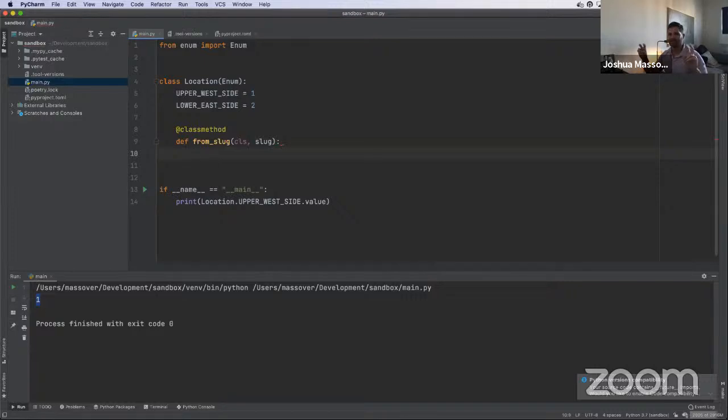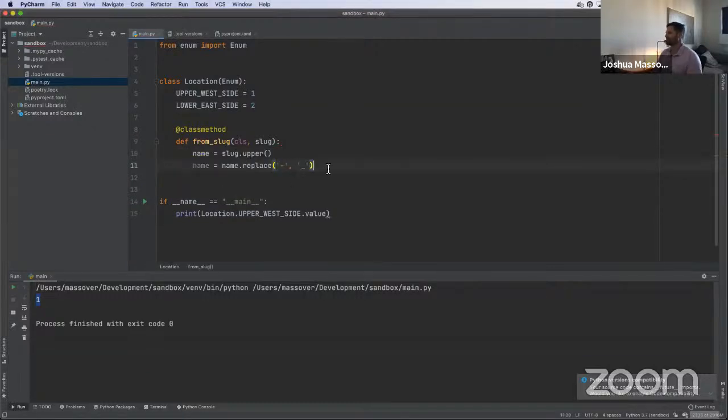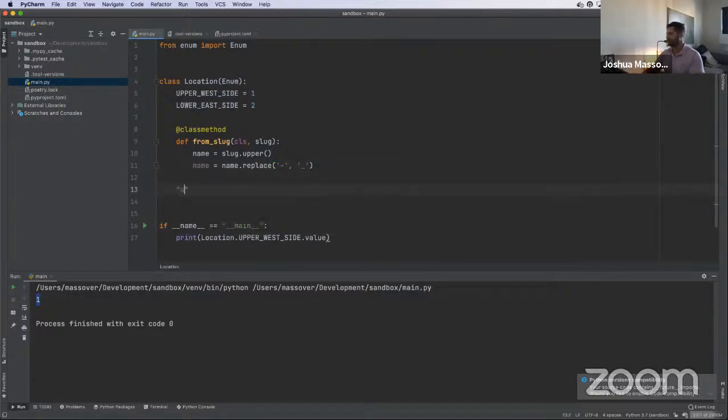And the algorithm for getting a slug is not really that complicated. You're just going to uppercase something and convert dashes to underscores. So in that case, what I mean is Upper West Side is going to become